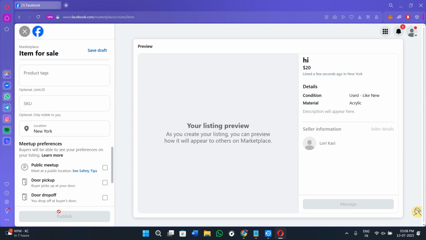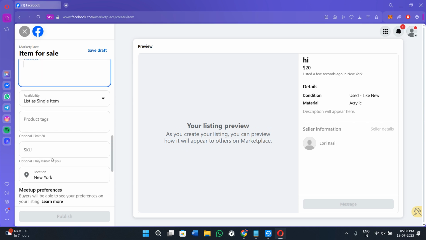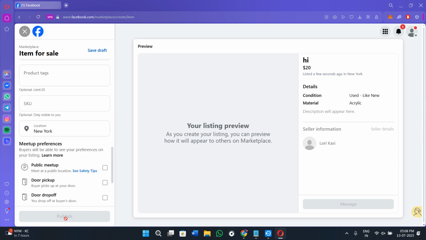tags, provide location, and all of the changes will be visible here in the preview tab over here in the right hand section. So after filling out all of these details, you need to click on this publish option here in the bottom,